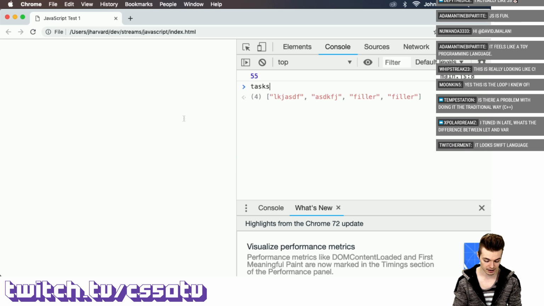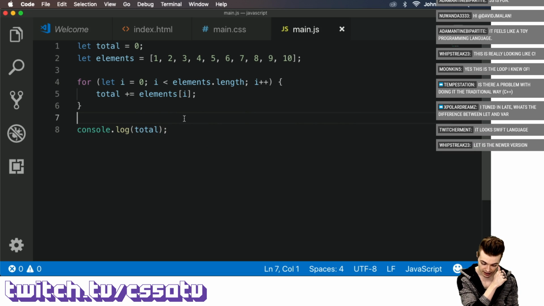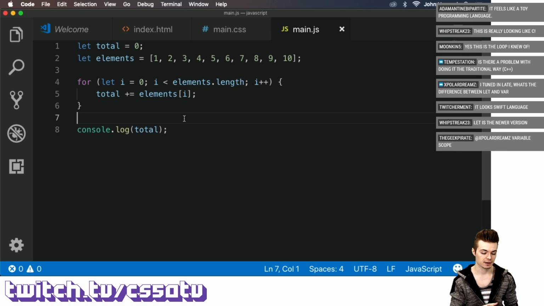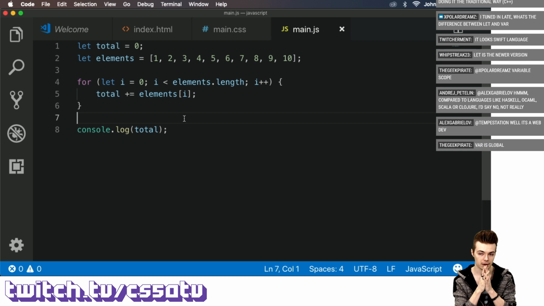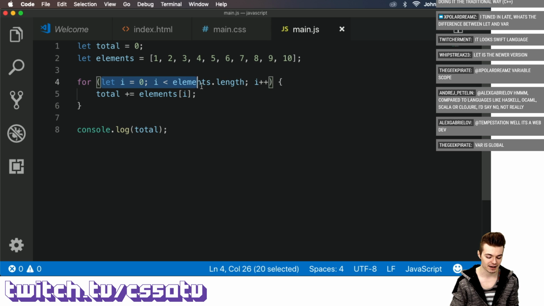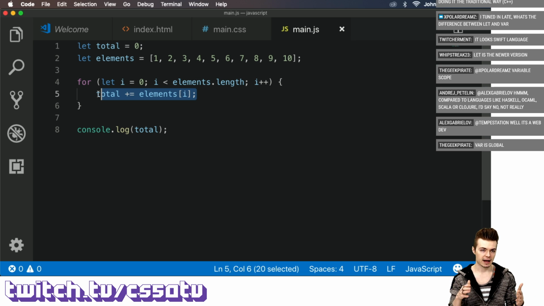It does the same thing as our for each version of this program, only with for each, you don't have to necessarily know in advance how large something is. And you have a little bit more flexibility, I think, and conciseness. But you can accomplish the same thing, depending on what you're going for. Is there a problem with doing it the traditional way? No, not necessarily. I would say for each can be a little more readable. It basically manages this for you, which is nice. You don't actually have to do less than length and have a counter that starts at 0. You just inject an anonymous function, and the for each will handle everything,